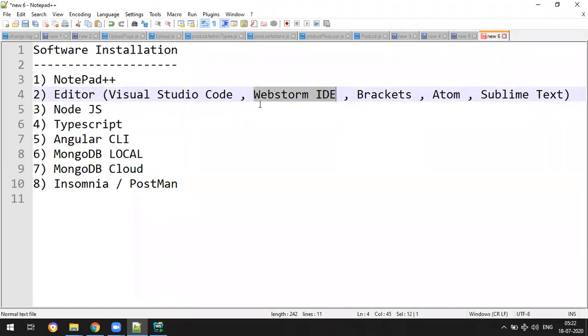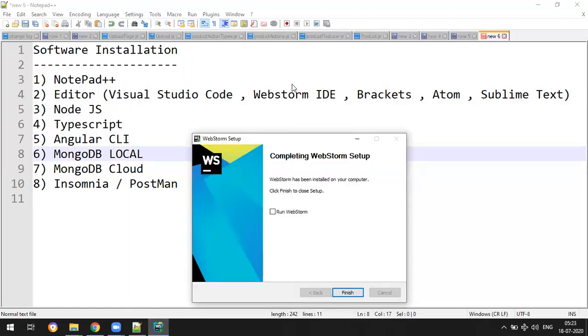So a simple difference between these and WebStorm is, this is fully loaded. This is like a basic car, and this is top end. Here you have to do extra fitting; here it's not required. It comes from the showroom with all the fittings. So no need to install the plugins. You can install plugins as well, but this is fully loaded, something more than an editor. Okay, fine, and yeah, so it is installed.